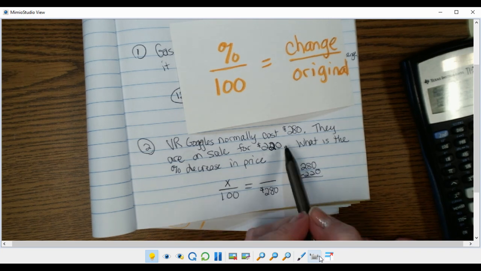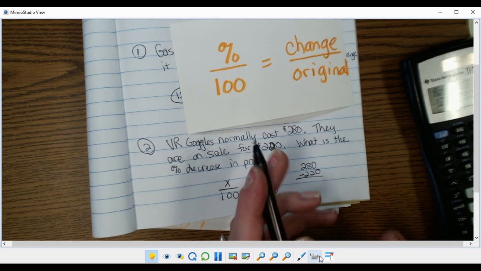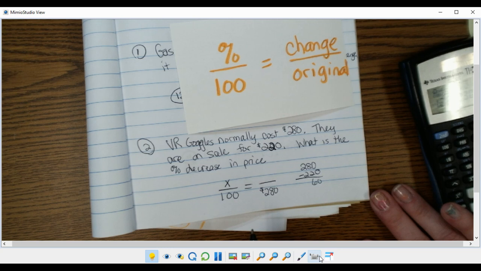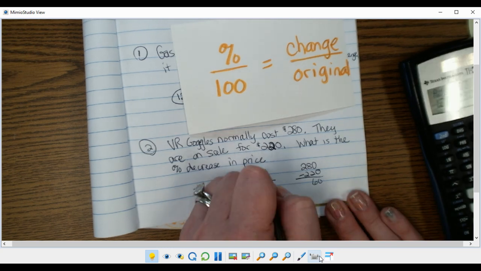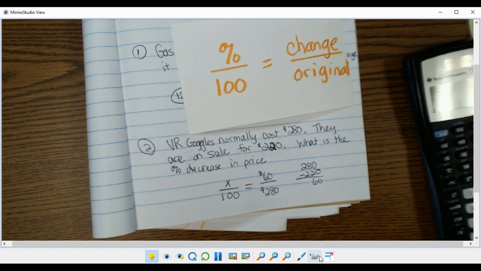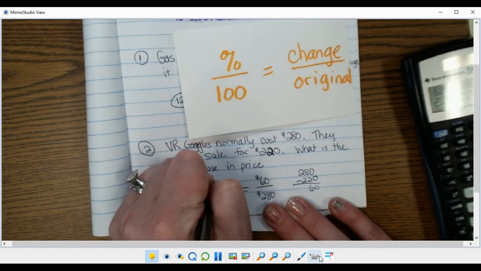Now, something like this, I don't think I would bother writing it out. I know that 280 minus 220 is just plain 60. But you might want to get in the habit of writing this out just because then you will never forget to do this step. So our change is 60. The original is 280. I can cross multiply and then divide. And I get